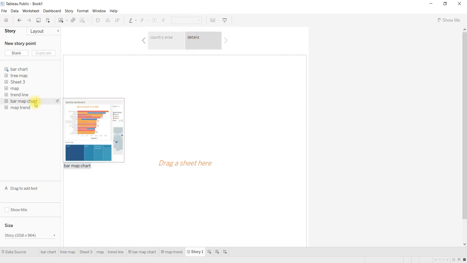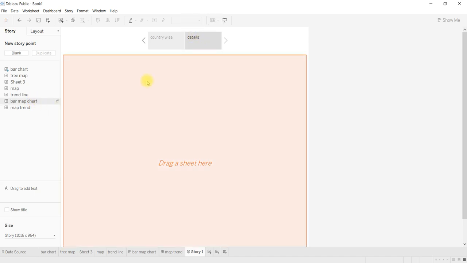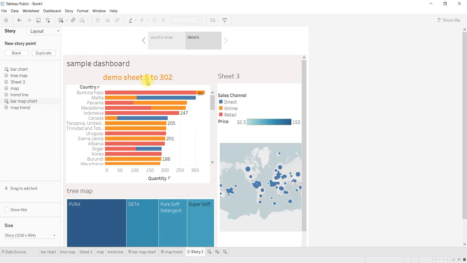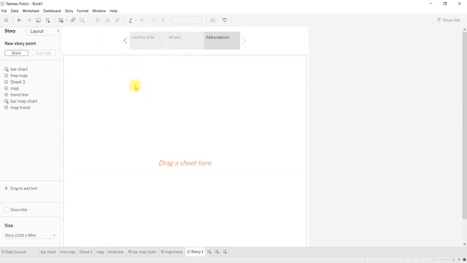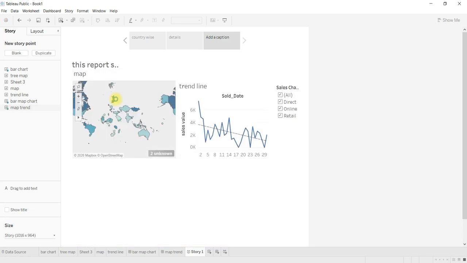And again I would like to take a dashboard here. The second dashboard has been taken in the second page. I need to add one more page. How to add one more page here? Click Blank again, so that one more page has been added. Now we'll say third page. What is the third page about? Trend. This is the name of the page. Like this we can change the name of the page directly.